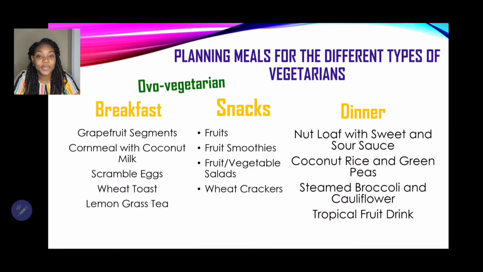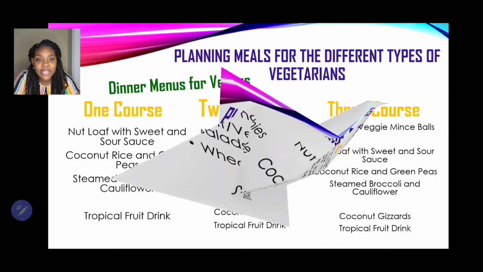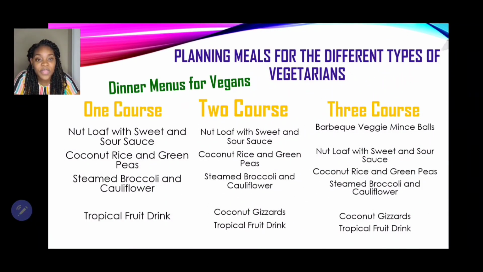A lunch menu is pretty much like a dinner menu, but a little lighter, right? Now if you're asked to plan lunch, you may include things such as salads, sandwiches, even soups, as well as light menus. Now let us look at some sample menus for vegans, and we're looking at 1 course, 2 course, and also